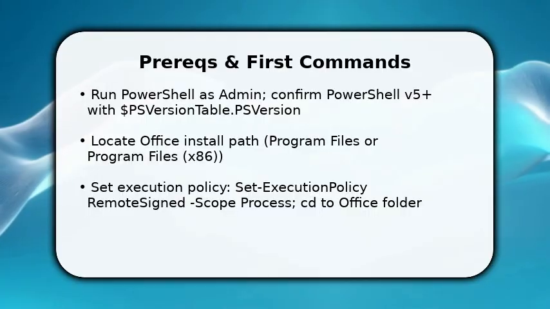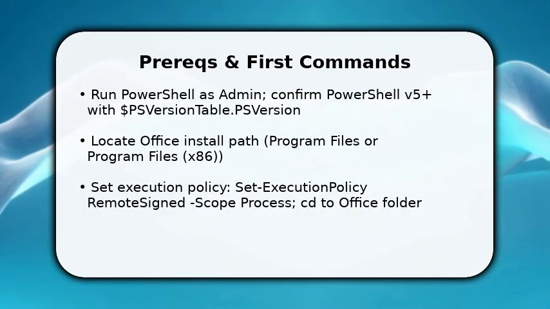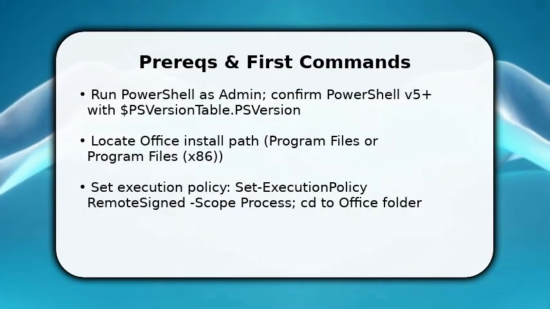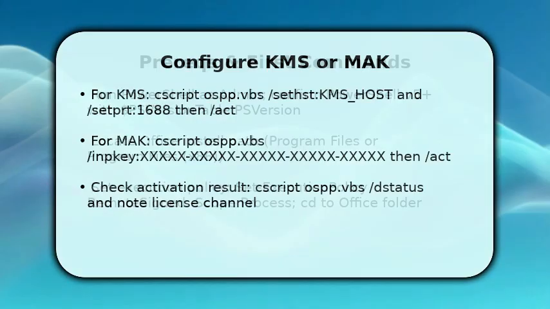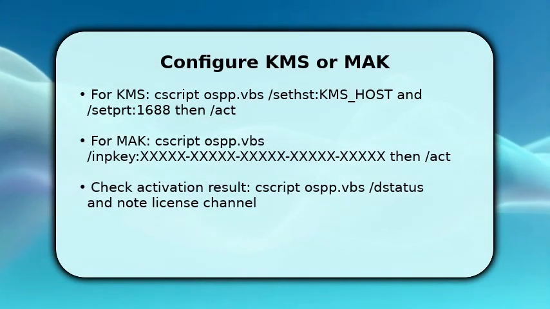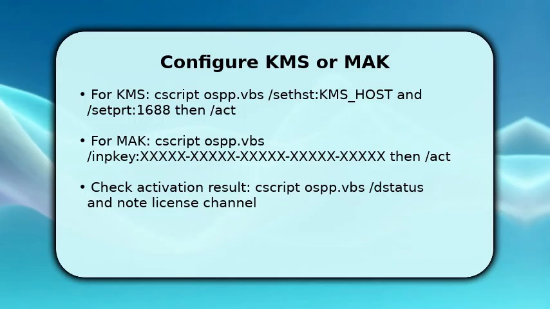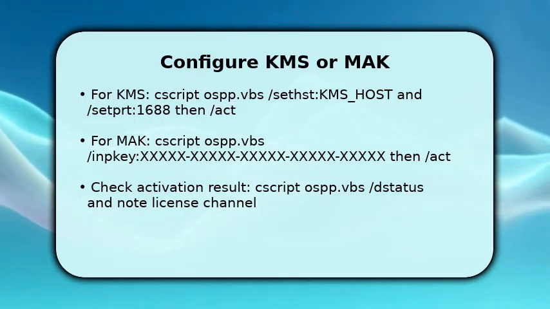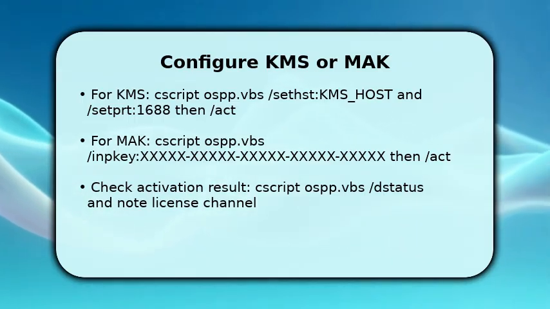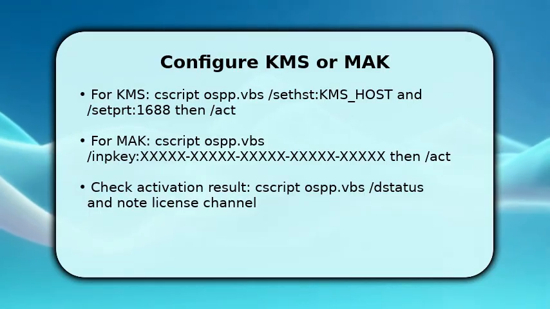You now choose KMS or MAK based on the license channel shown. For KMS, point the client to the host and port, cscript OSP.VBS /sethst to your KMS host and /setprt 1688, then run cscript OSP.VBS /act to request activation. For MAK, input the product key with cscript OSP.VBS